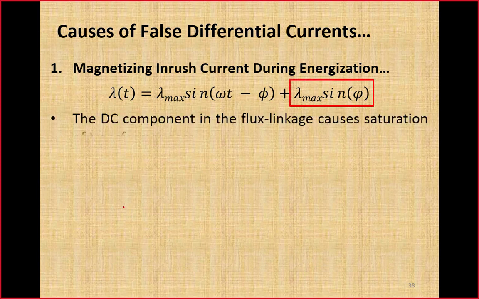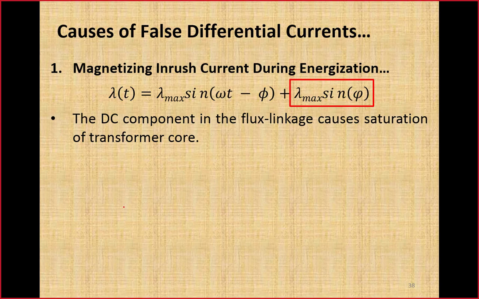Now here the main problem in saturation of transformer at the time of energization is this DC component. We cannot control the switching of transformer because whenever transformer will be switched on in three phases, some of the phase will be at some value where DC component will appear in the current. So here the phi max sine phi, this DC component can be as high as the maximum level of flux. When the sine phi is equal to 1, DC component will become lambda max. Lambda max is the maximum value of the flux.